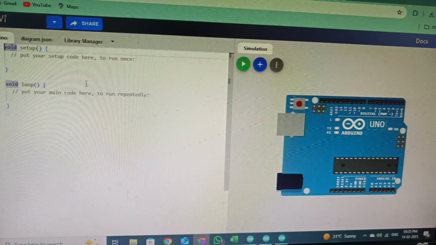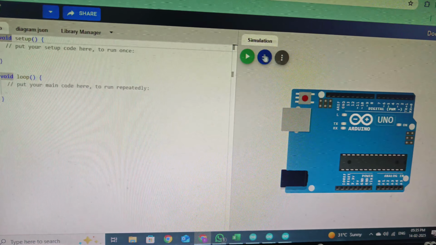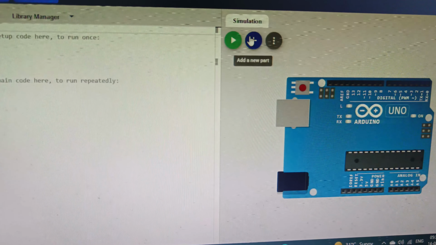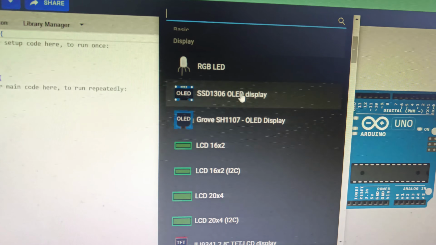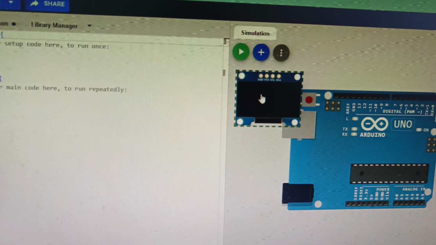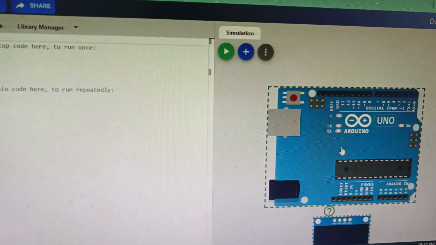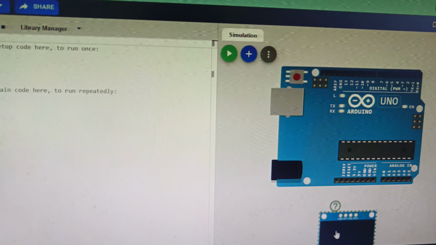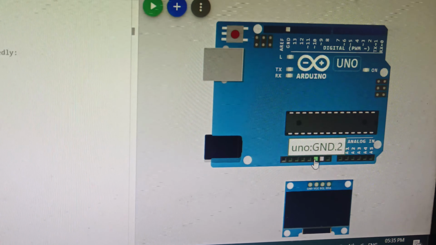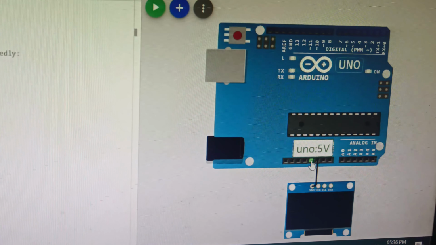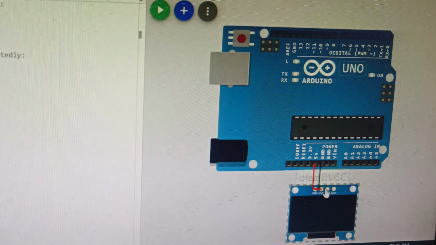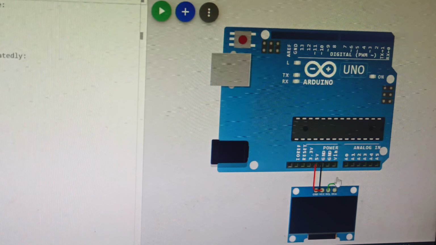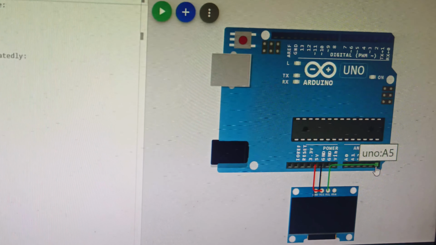Select the types of components for your project. Here I'm using Arduino UNO and OLED display. As you can see, I'm designing my circuit. After assembling all the components,